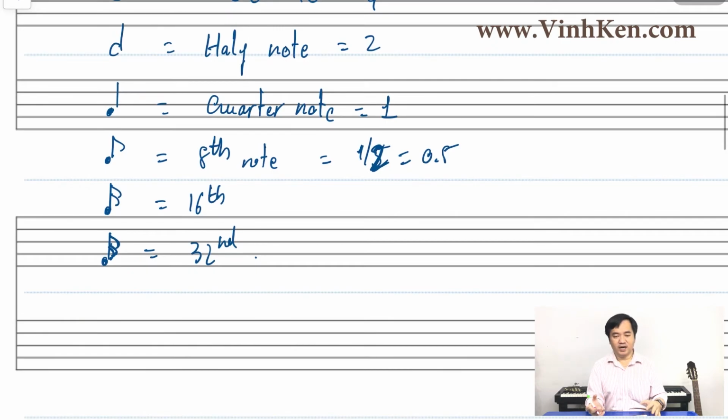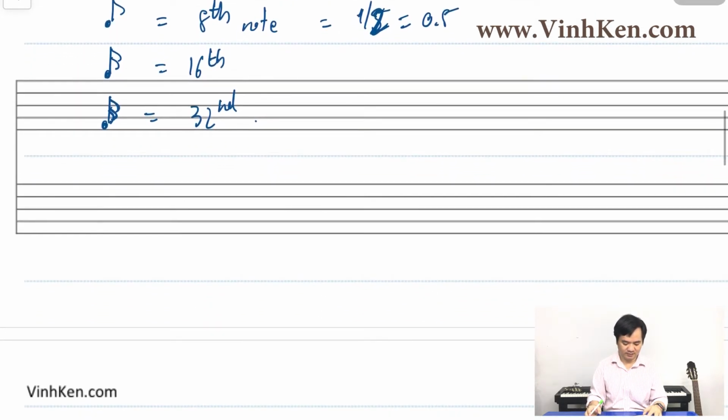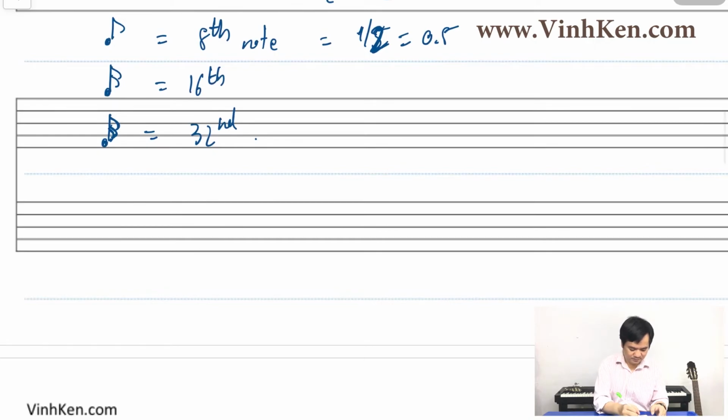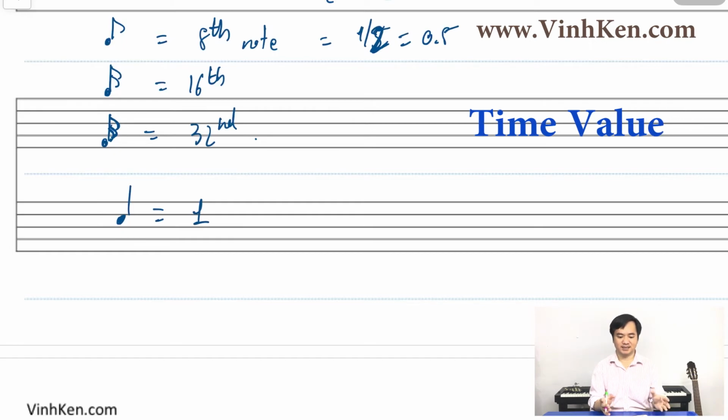All right, and why do I call this different time values? What is a time value? For example, I put this here, like a quarter note equal to 1, and this we say 1 beat or 1 second. So each beat like this, right, has the time value of 1 second. That means a quarter note has 1 second or 1 beat,